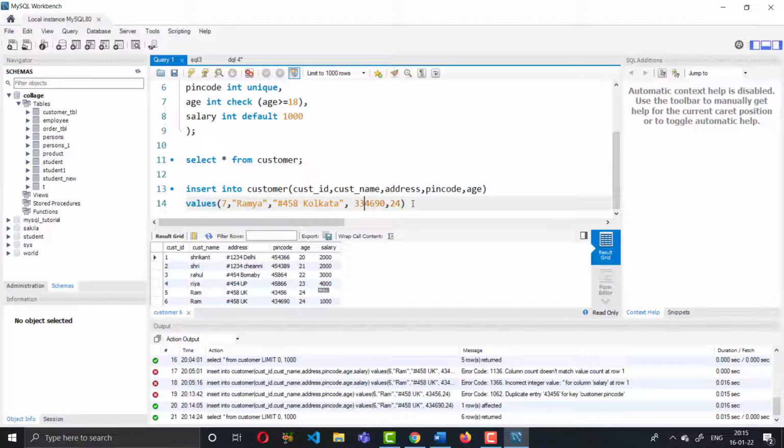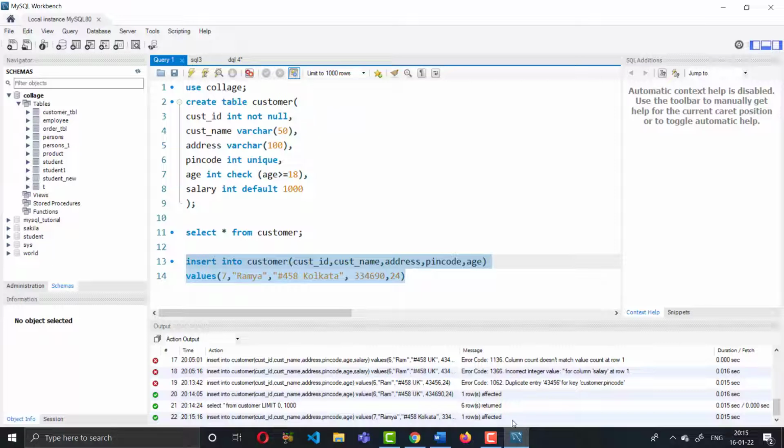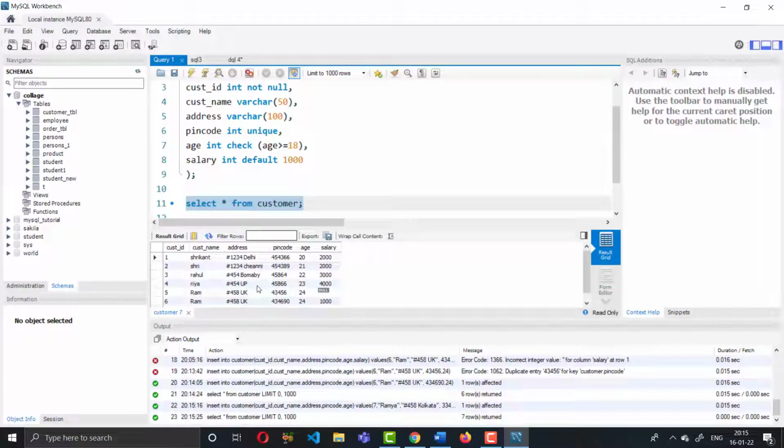Please keep that in mind. Select this portion and run here. You see that one row has been affected, so let's see the structure of the table. You see that ID number 7 data is also inserted, Ramya, Kolkata, the pin code, age 24, and again 1000 salary has been inserted.